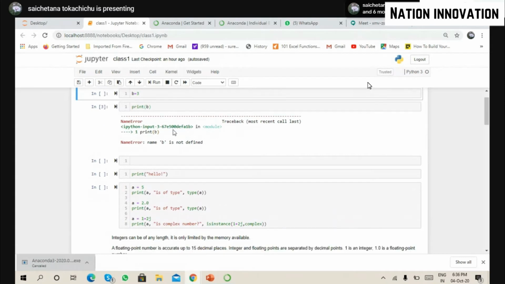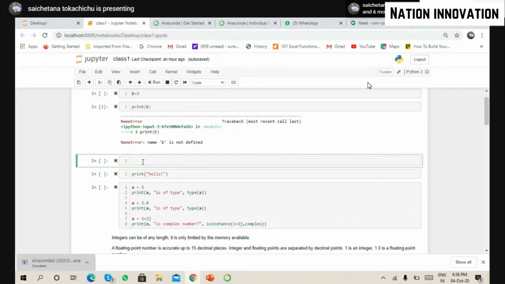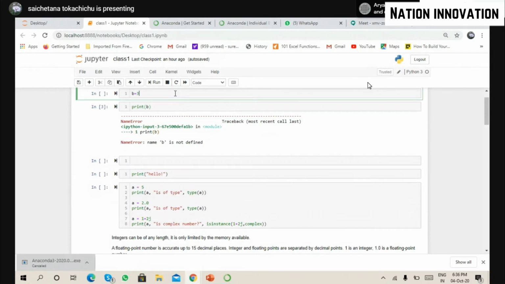This is the main manipulation we do. If you want to add a comment to make the code easy to understand, for example, I have written b is equal to 3 and I want to add a comment on why I put that value, then I put a hash and write, because of some reason I am assigning this value. If you run this, it will only run b is equal to 3 and take the rest of the part as a comment. This is how you can add comments to make it easy to understand what is happening.